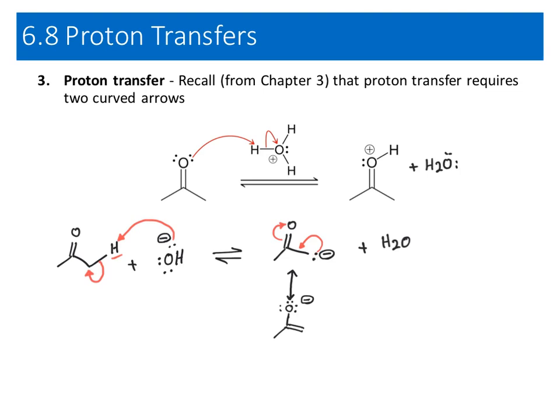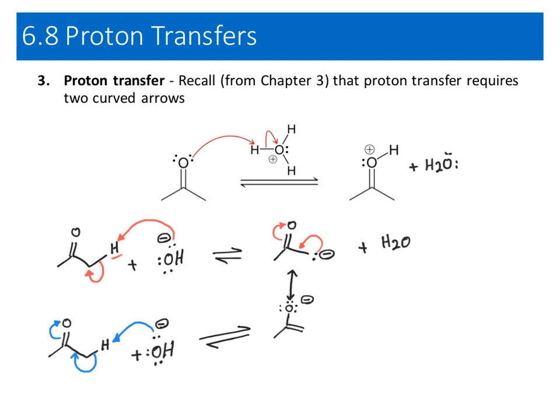Therefore, sometimes we can combine this resonance with the proton transfer arrows, and we can show everything together. So this arrow attacks the hydrogen, the base attacks the most acidic proton. This bonding electron moves here and pushes this lone pair to get